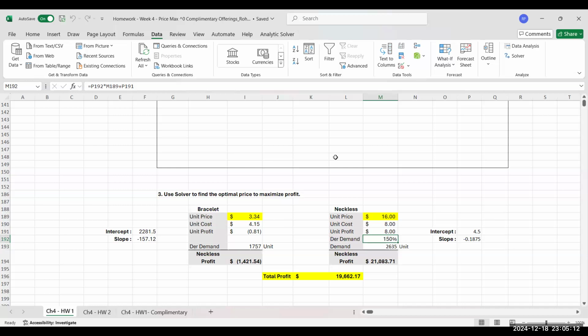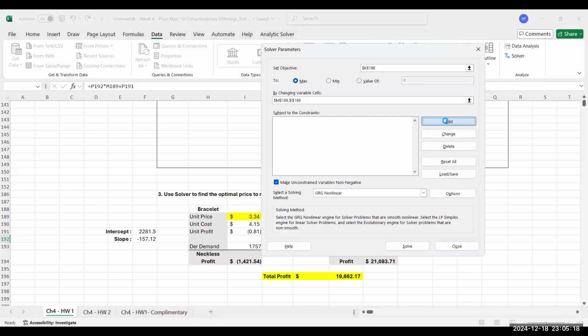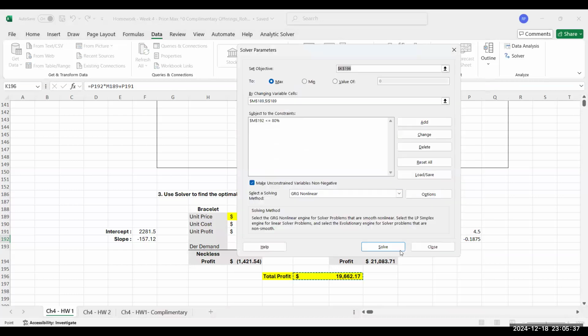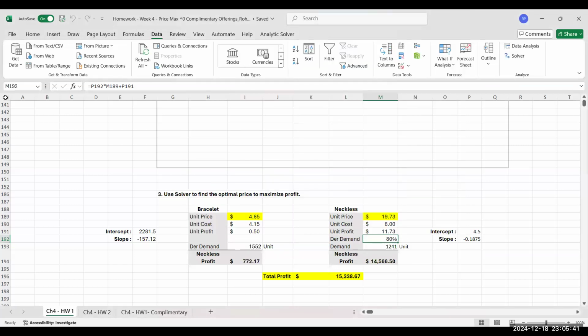So what we're gonna do here, we're gonna use the solver again, and we will put in our constraint. What constraint we're gonna put over here in this formula? We are expecting, like they asked us, 75%. Okay, so we are expecting it will go higher from 75% to 80%. So if you put it there, okay, put the solver, and